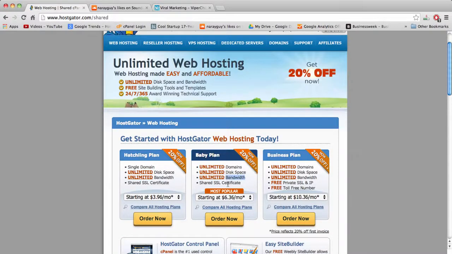Lastly, there's bandwidth, which is kind of like the freeway that someone would take to go and check out your new apartment. So you don't want that to be crowded or slowed down. So with unlimited bandwidth, the freeway is never going to be crowded or slow, and people can get to your